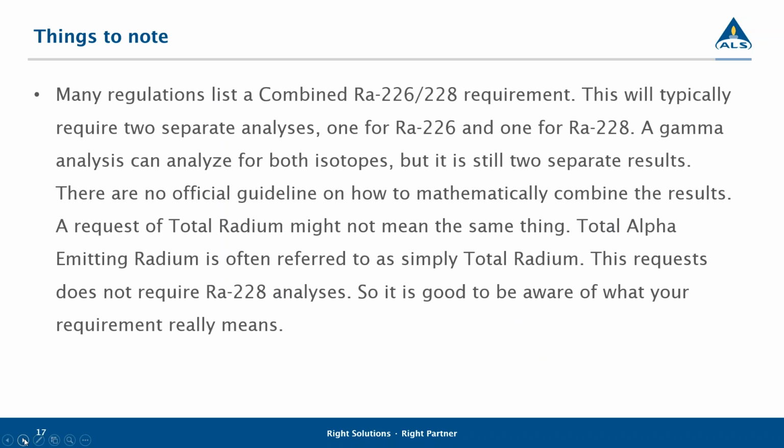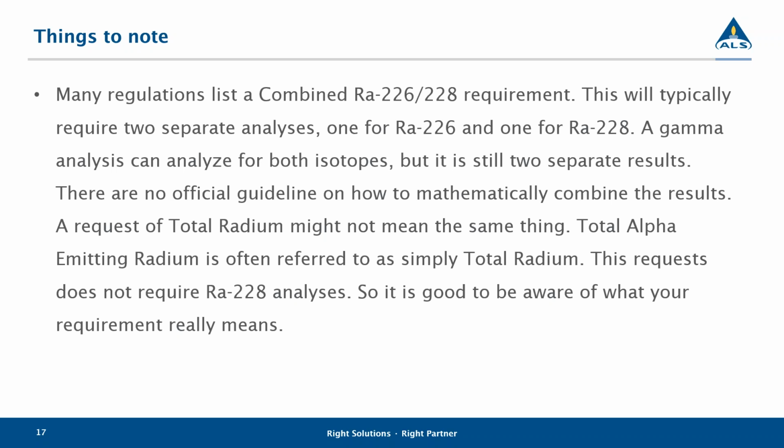Now there's a couple things you should note when talking about radium analysis. You're going to see many regulations out there that are going to list something. They say, oh, I need a combined radium-226 and 228. Well, this will require two separate analyses. Radium-226 is an alpha emitter and radium-228 is a beta emitter. There's not really a way to run a test and get a single number for radium when you want both radium-226 and 228. There's also no official guidelines on how to mathematically combine the number,